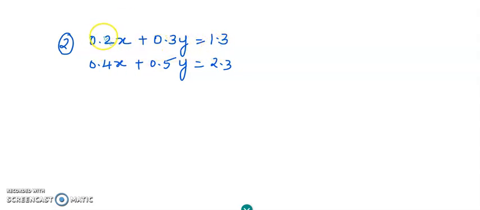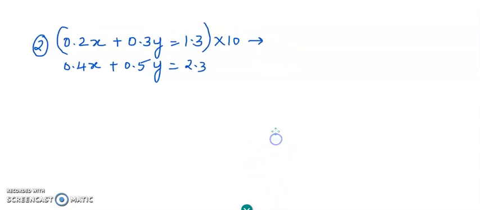So what I'm going to do is multiply the whole equation by 10 so that it can be rearranged in such a way that there is no decimal place. So I'm just removing the decimal by multiplying the whole equation by 10. Means the 10 is multiplied to the left-hand side and to the right-hand side, to each term of